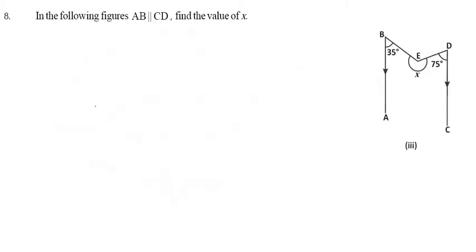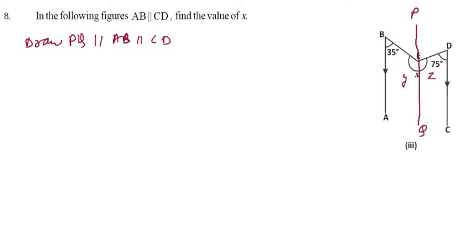Now come to the 8th question. Find the value of x. How can we find the value of x? First of all, you can draw a parallel line which passes through P point. And suppose this is the PQ. Draw PQ parallel to AB and which is parallel to CD. It is the P. Now suppose these angles are x and y. Suppose it is the y angle and it is your z angle. So as you know, by same side of angle.